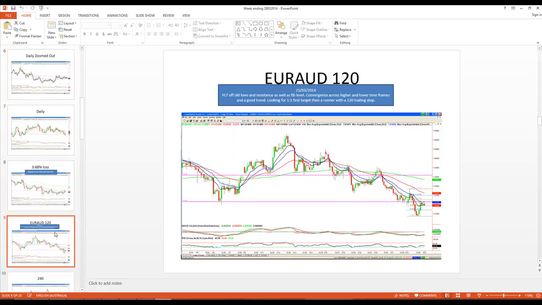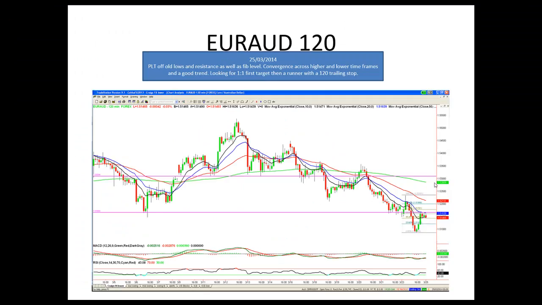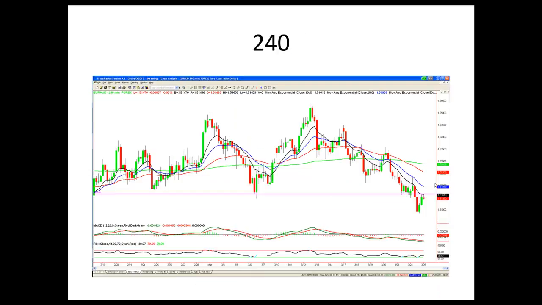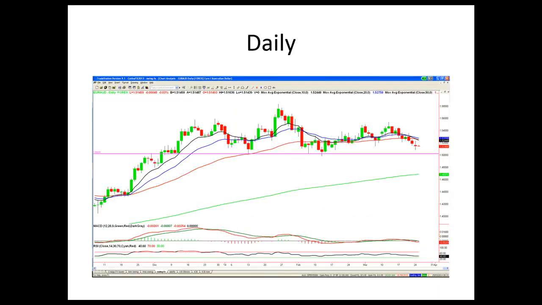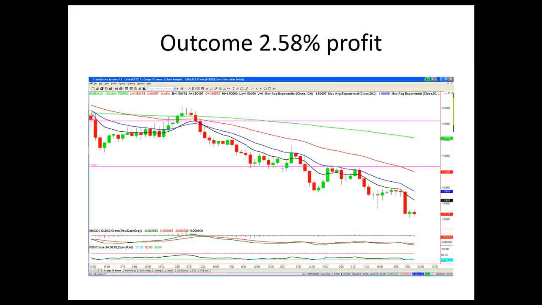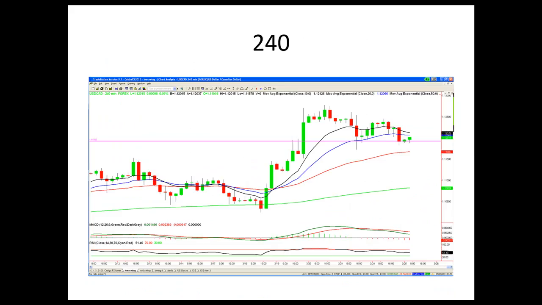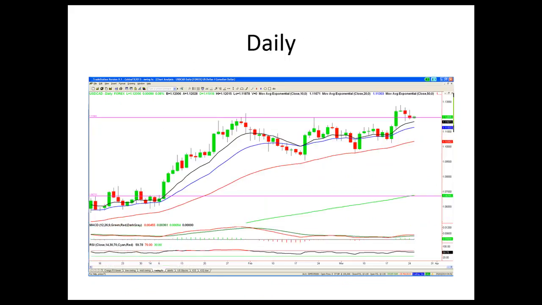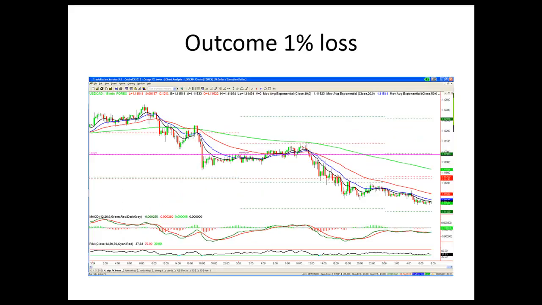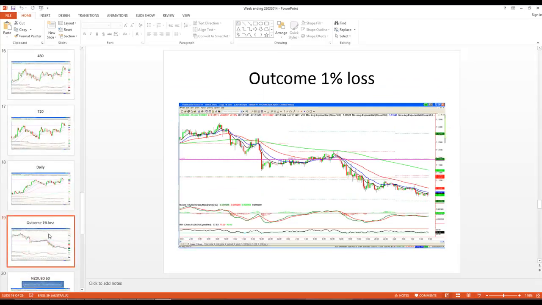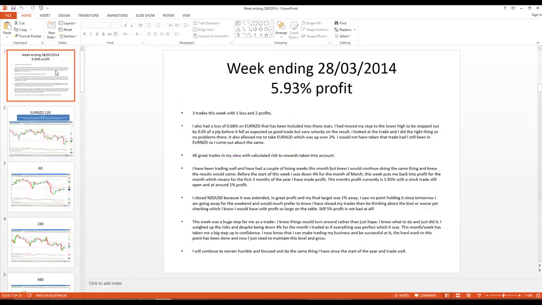And I just go through and I just report everything, live screenshots. If I blow them up, nice and easy to see, really clear, really evident, really precise, and I can put the outcomes, I put in all the information that I want to, that I think is worthwhile gathering, and yeah, you can see I'm very honest. I show the winners and the losers, and then I do a weekly wrap. Then I also do a monthly wrap, and I think it is extraordinarily important because that brings me to the